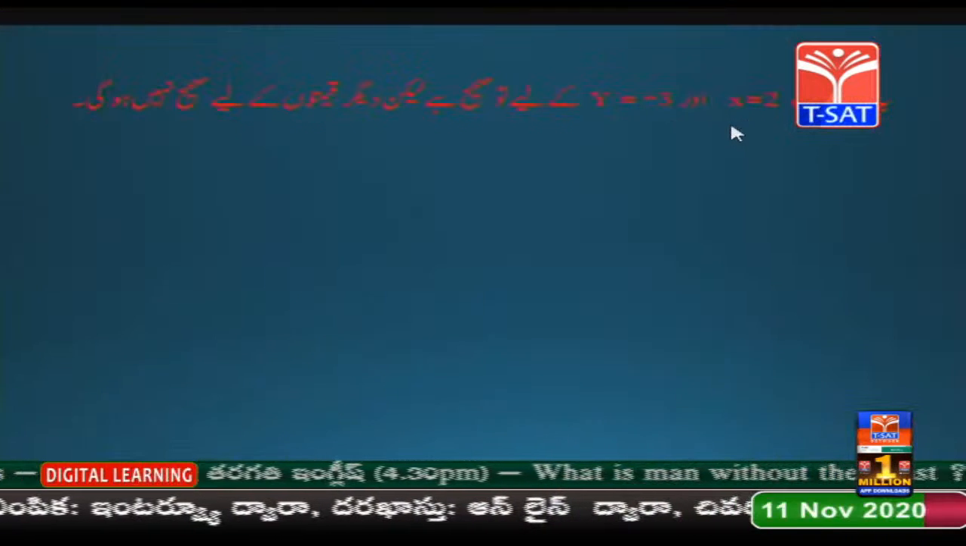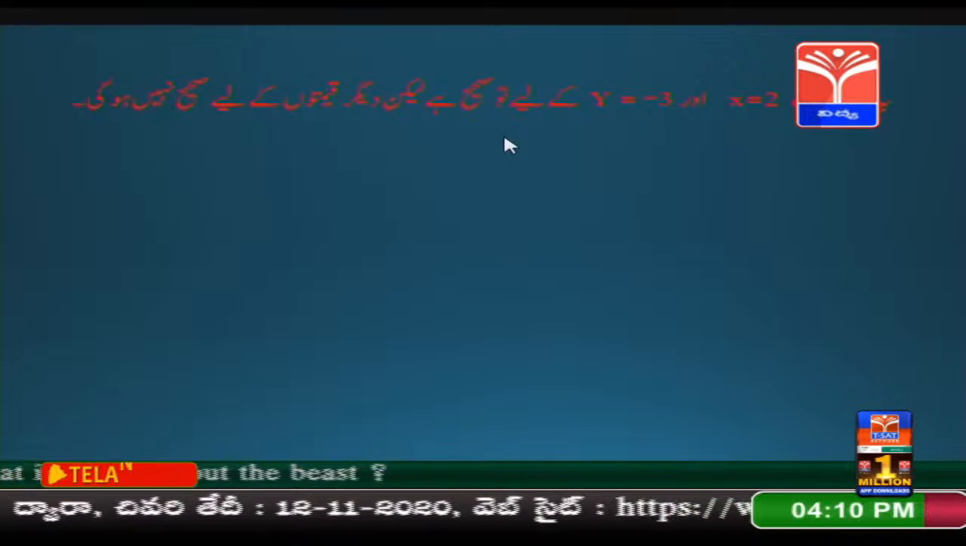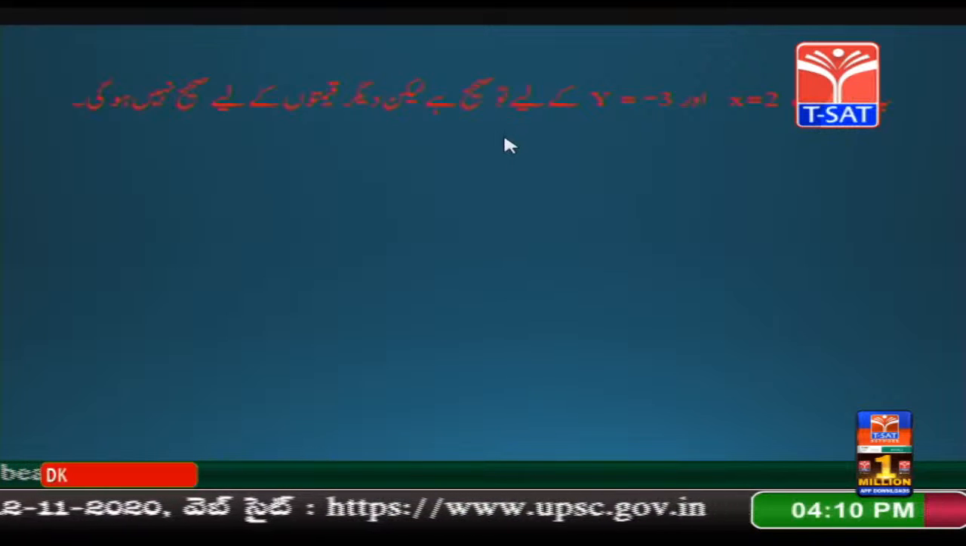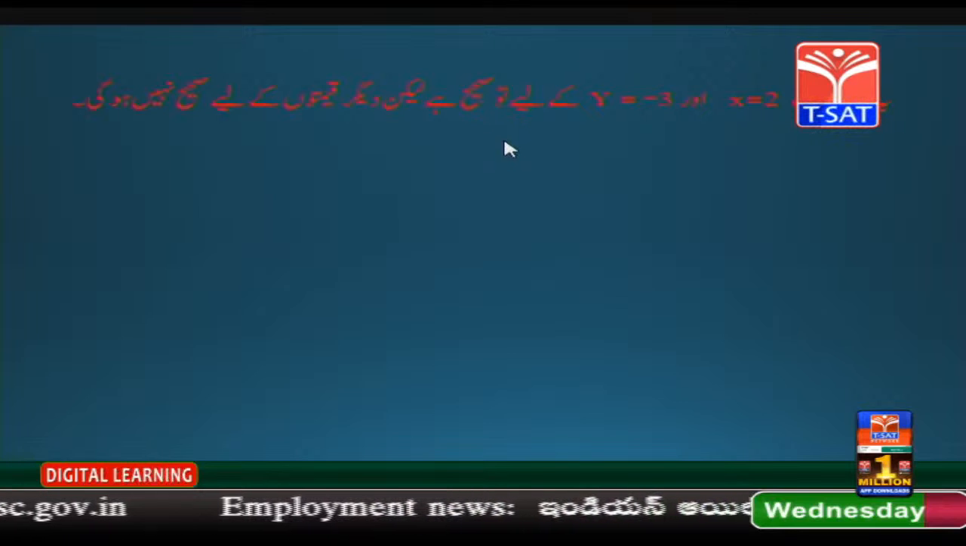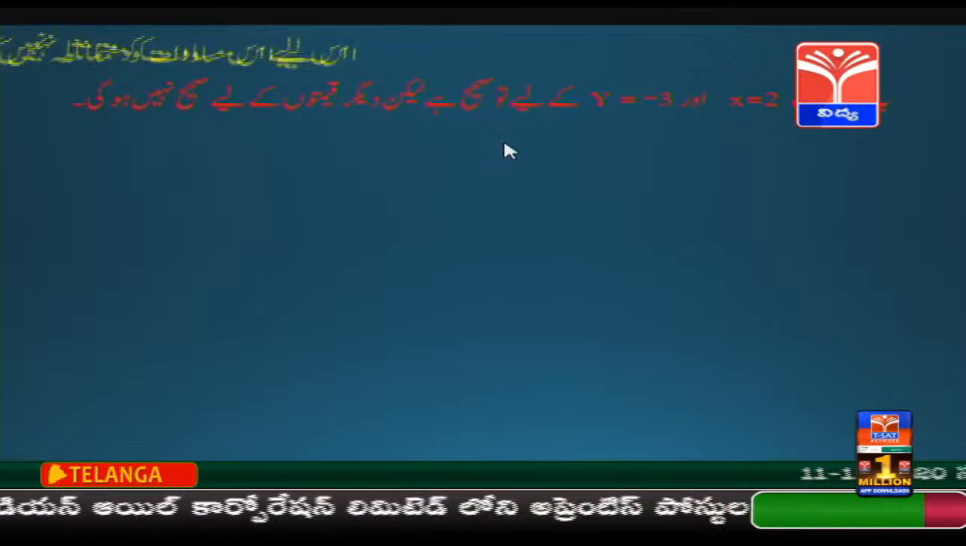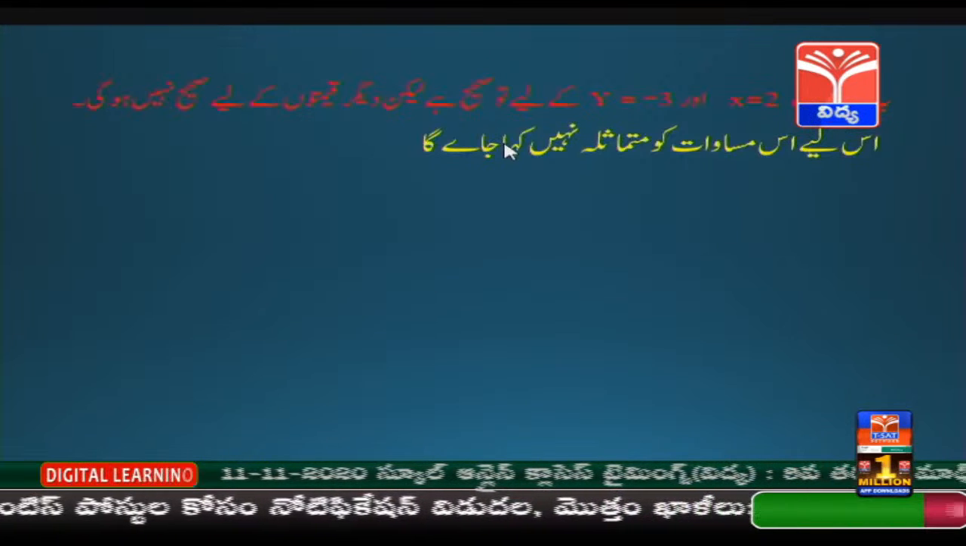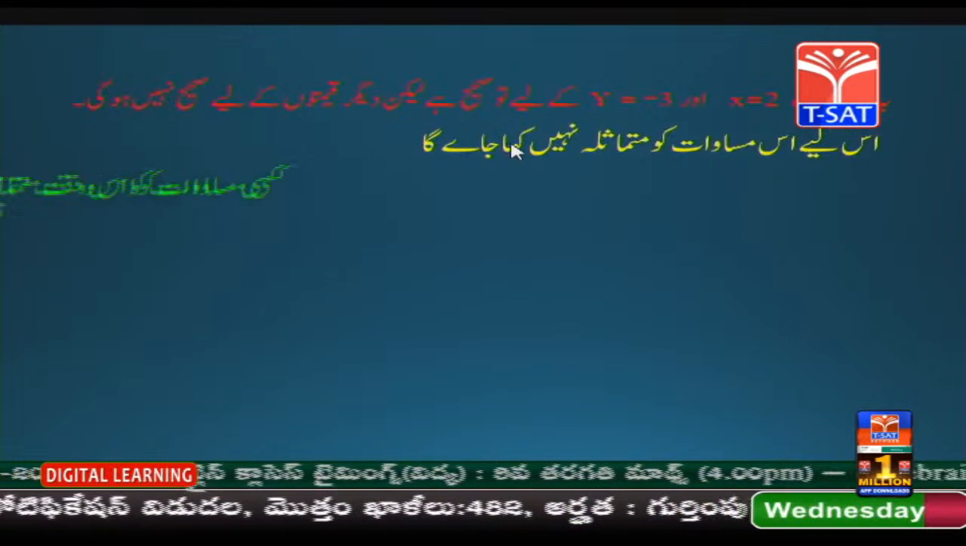یہ مساوات x مساوی 2 اور y مساوی -3 کے لیے تو صحیح ہے لیکن دیگر قیمتوں کے لیے صحیح نہیں ہوگی۔ یعنی ابھی ہم نے جدول میں جو دیکھا، وہ مساوات x مساوی 2 اور y مساوی 3 کے لیے صحیح ہے لیکن دوسروں کے لیے صحیح نہیں ہوگی۔ اس لیے اس مساوات کو متماثلہ نہیں کہا جائے گا۔